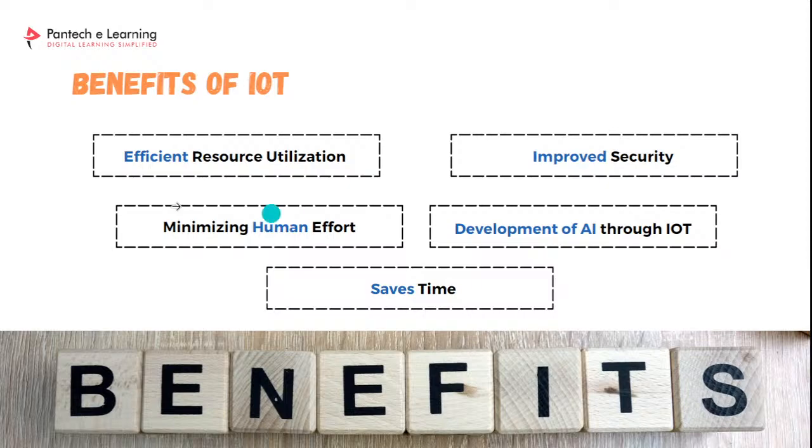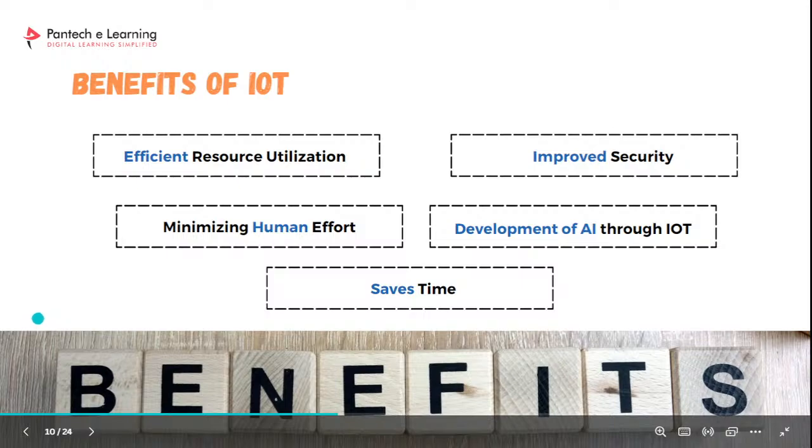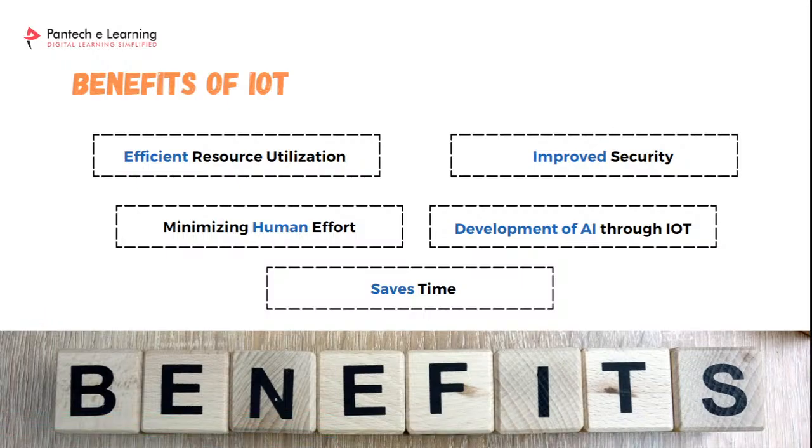You gave examples, all related to this topic, right? It saves time, it reduces human effort, you don't have to depend on a third party to help, right? And it saves time, exactly. If it reduces my human effort, then definitely it is going to save my time. Apart from that, if the resources are utilized more efficiently, then again it is going to save a lot of time as well. So any benefit of IoT will in turn help you to save a lot of time. Time is one of the major factors that can be saved on the Internet of Things platform.